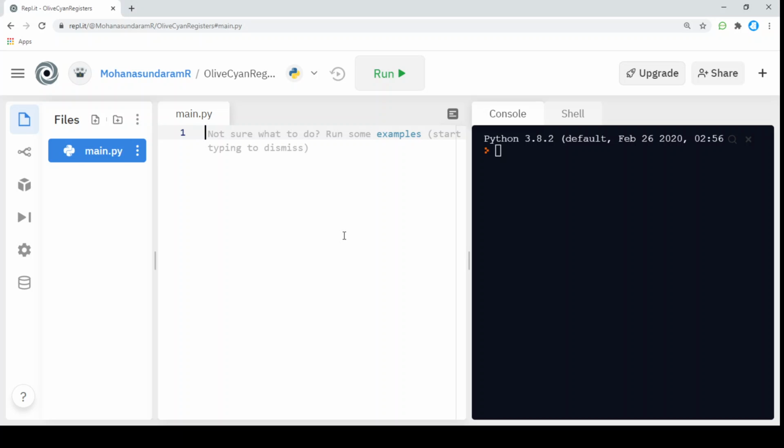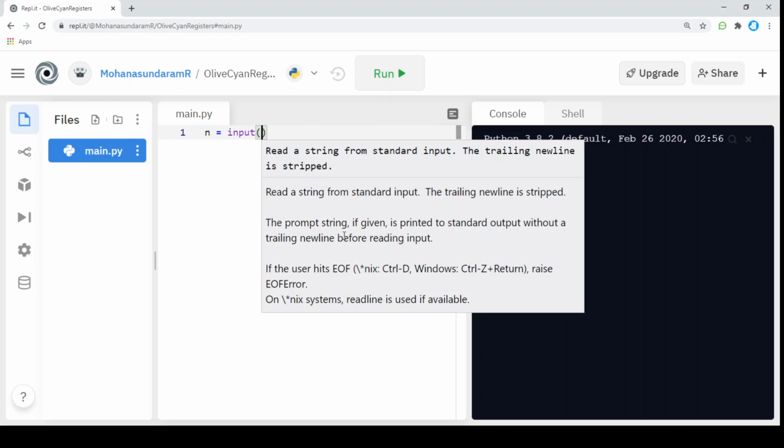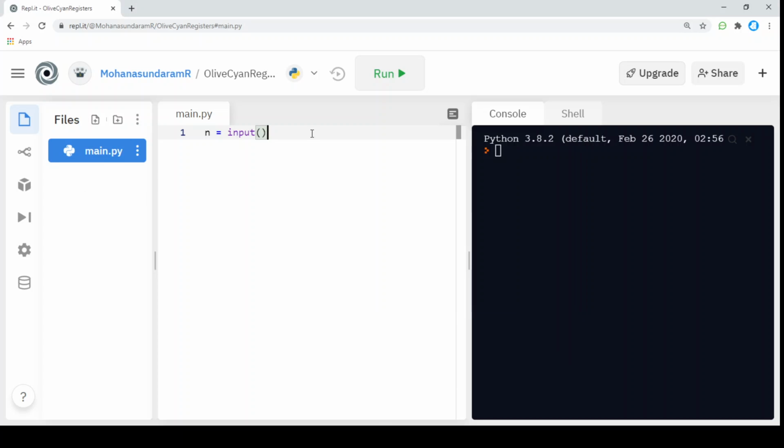To get an input from a user, first I'm going to create a variable n, and I'm going to call an inbuilt function in Python called input. This input function will allow us to get an input from the user. I'm going to print the n.